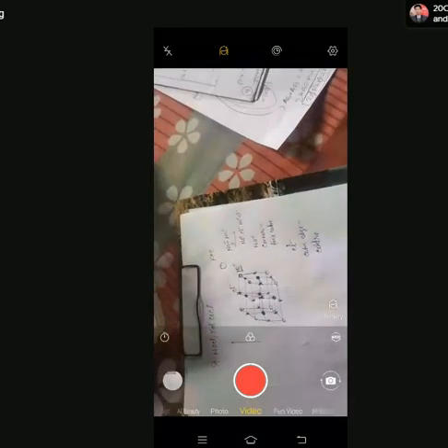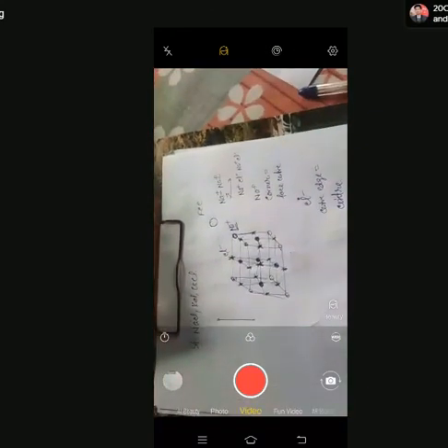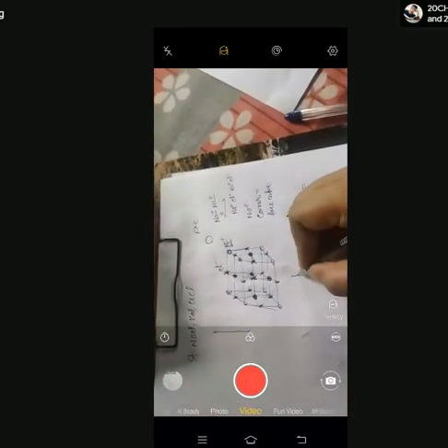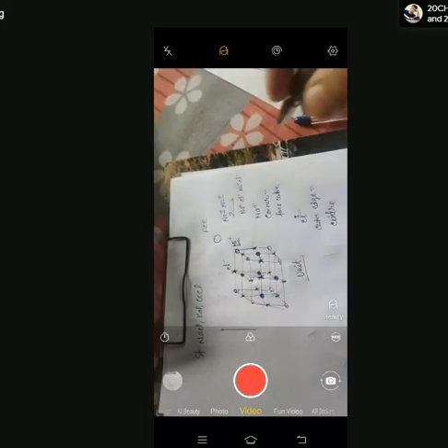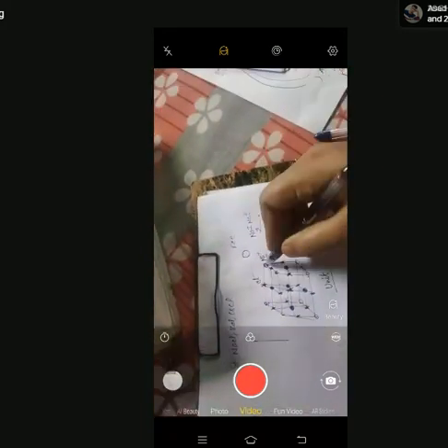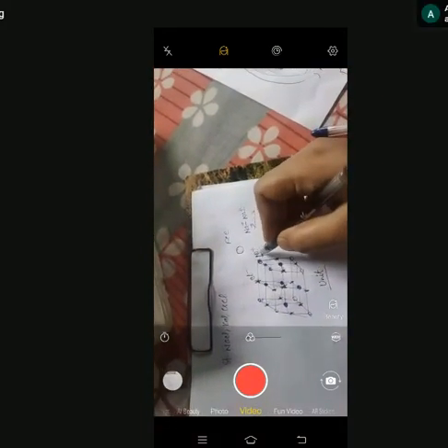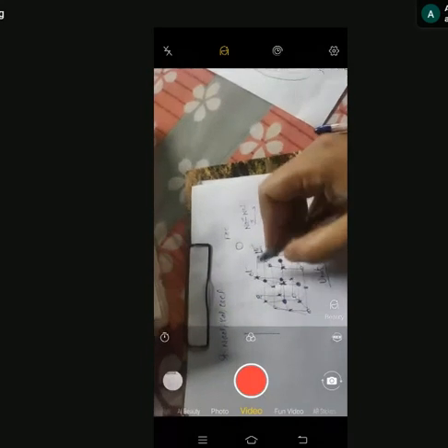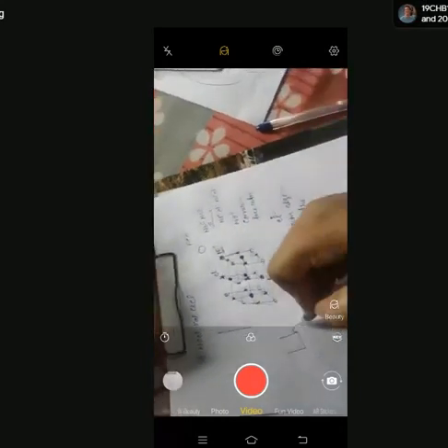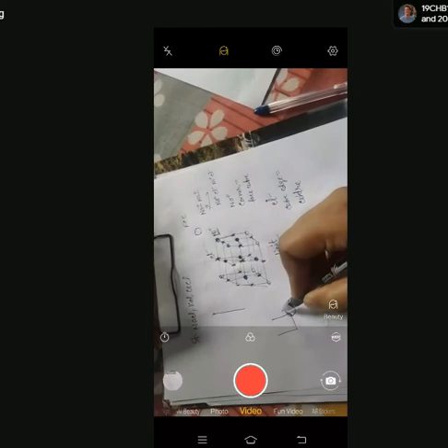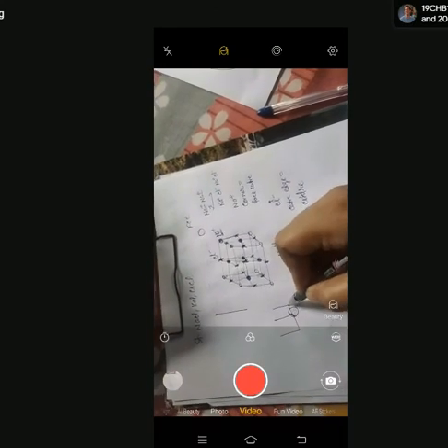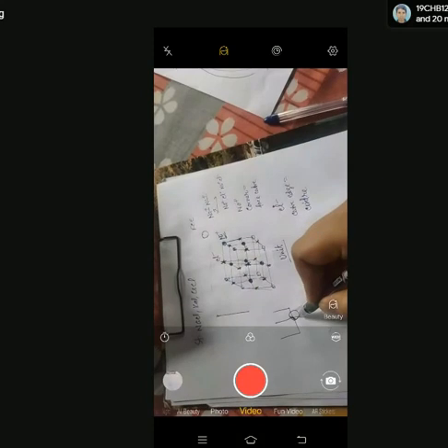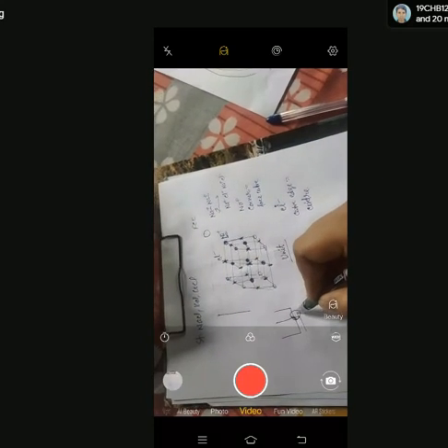Now I will calculate the number of Na+ for a single unit cell. Per unit cell, what is the number of Na+? You know, one Na+ is shared by 8 unit cells. If I say this is a Na+, it is shared by 8 unit cells here in the above, and in the below. In this way, this 1 Na+ ion is shared by 8 unit cells.